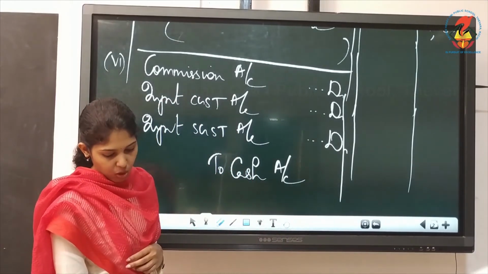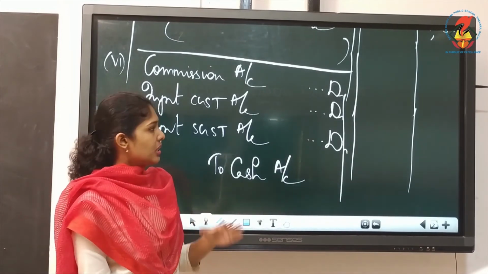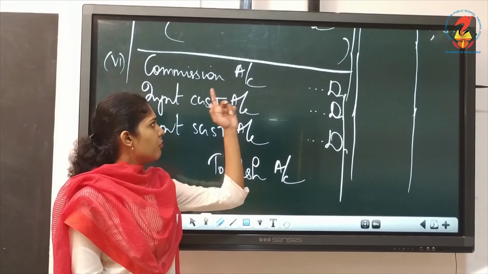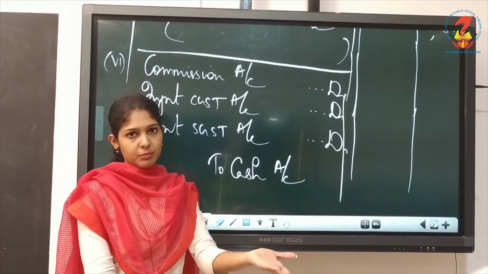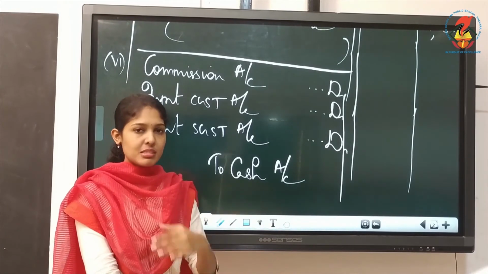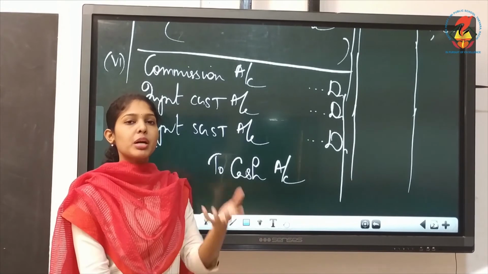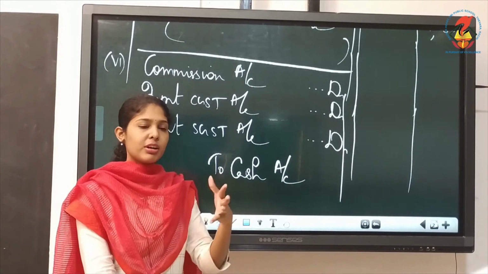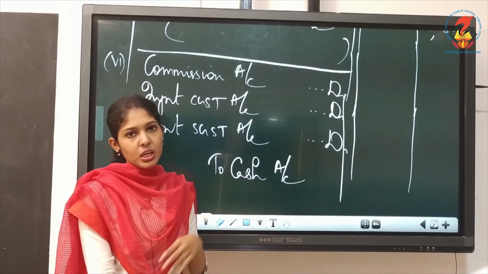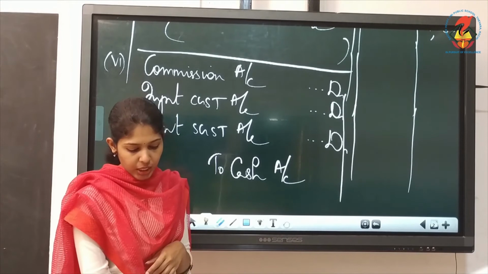Here the commission amount is, it is written like commission paid account debtor. It's not needed. When you write commission debtor, the meaning is paid item. Understood? If it was received, you will write cash account debtor to commission. That time commission would be credited. So that is an income. So you need not specify like commission paid and all. You write commission account debtor. It is understood that it is paid item.